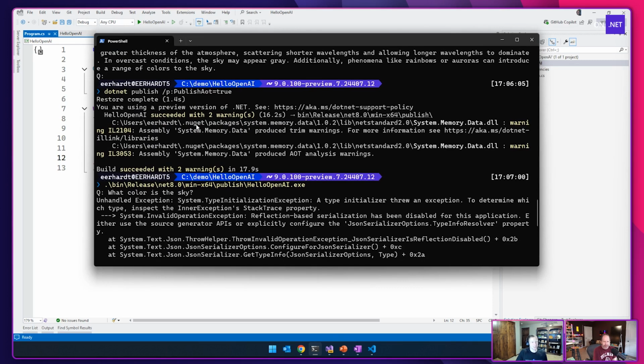So turns out the 2 mistakes I made were pretty serious, right? For one, these warnings, yes, they're warnings, but when you're in the publish trim and publish AOT world, these warnings are very serious, and you have to at least look at them and address them. I would say 9 times out of 10, they're problems, right?